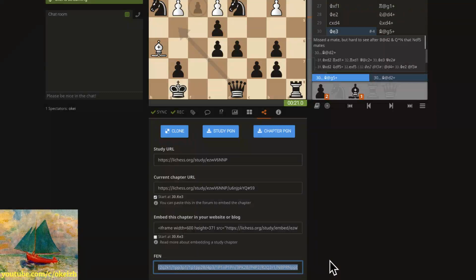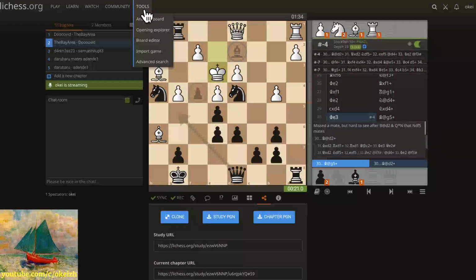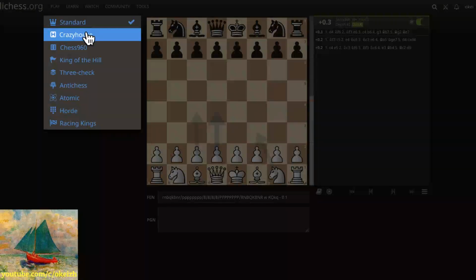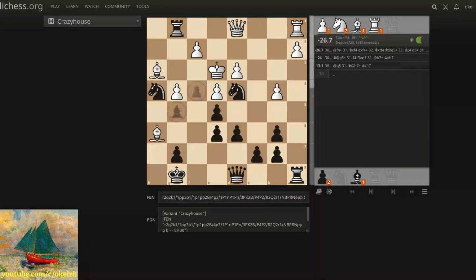And on that subject, by the way, suppose you want to take a FEN and just edit it. I just want to show you how to do that. You go to Tools, Analysis Board, and go to Crazyhouse. Okay, so Crazyhouse, and you paste the FEN in here. And suppose you're wondering, what if I didn't have 2 pawns in hand, I only had 1 pawn in hand? You're asking yourself,